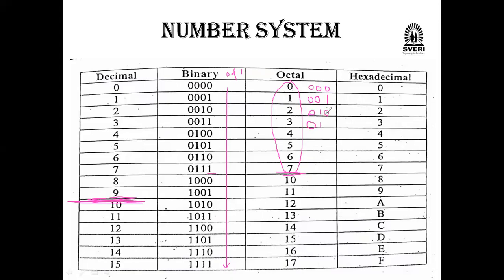Here 1 is there, 1, and this 0 you make that 1 here. 0 1 1. Both are 1 1 is over now. So next we have to make this one as 1. Yes. 1 0 0. Next 1 0 1. Next 1 1 0. And last 1 1 1 here. So for octal numbers, only 3 binary digits will come over here. 3 digits we have to consider.